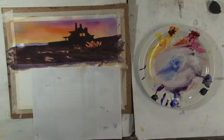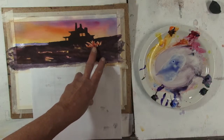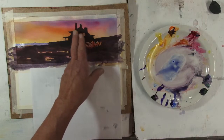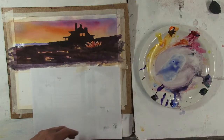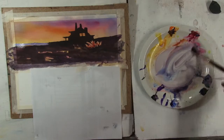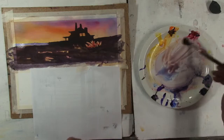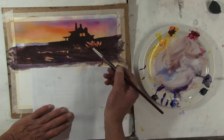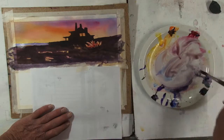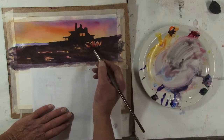Yeah. The one thing that is a real conflict, this is now my brightest, virtually the brightest thing in the dark section. So this is going to attract the eye more than where I really want you to go, to the house. So what I'm going to do is take a fairly light value, some of the red, some of the stuff that's on there, and I'm just going to go over, that's not strong enough, add a bit of the green. So I'm going to kind of come over this,